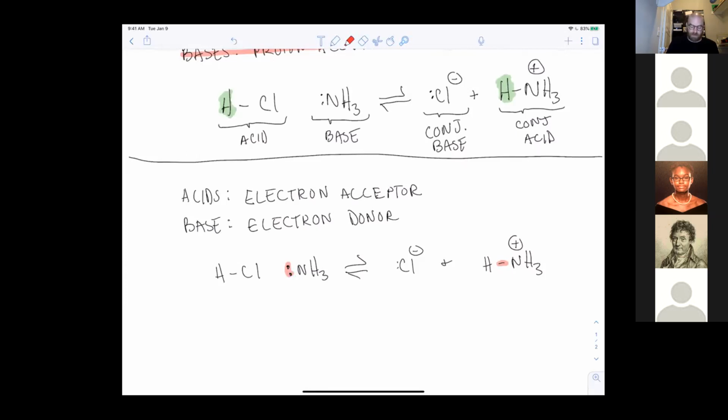So these electrons, I'm going to draw it explicitly with an arrow. These electrons come out and they react or donate to the proton on HCl. So this behaves as an acceptor of electrons